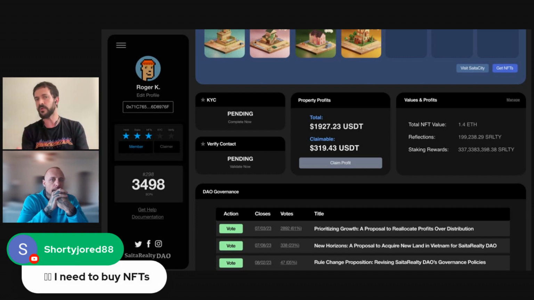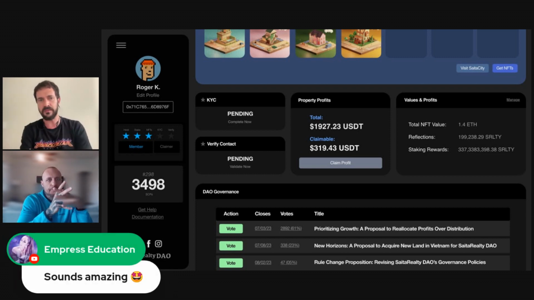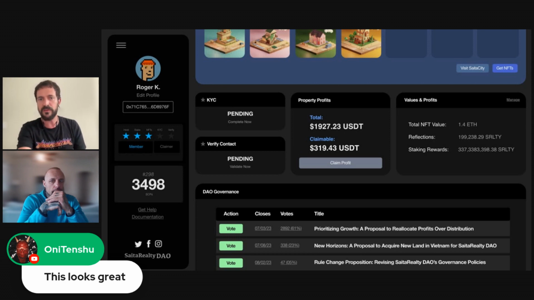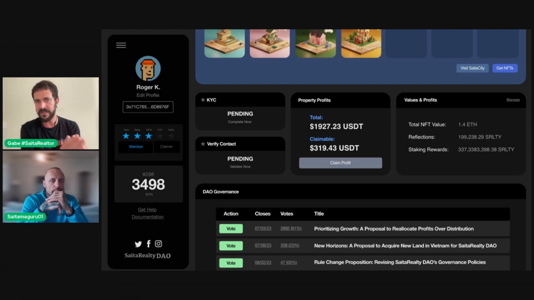So there's the total profits. This is just bogus numbers, because this is the UI, the UX design. We move now to development, to working on the code and the next steps. But all the info here doesn't represent anything. It's just for illustration. But anyways, you see the total value and you see the claimable value, because it will